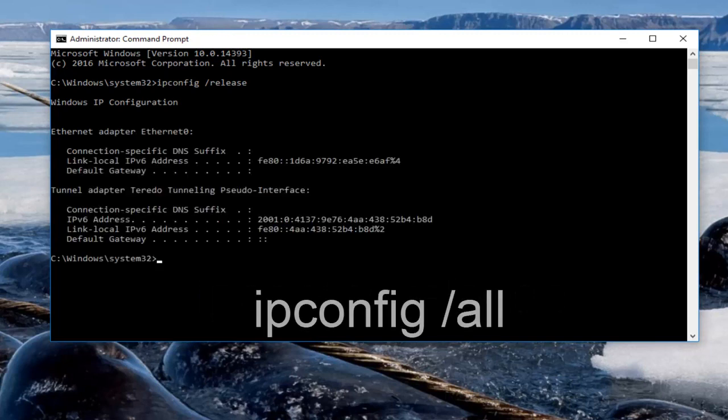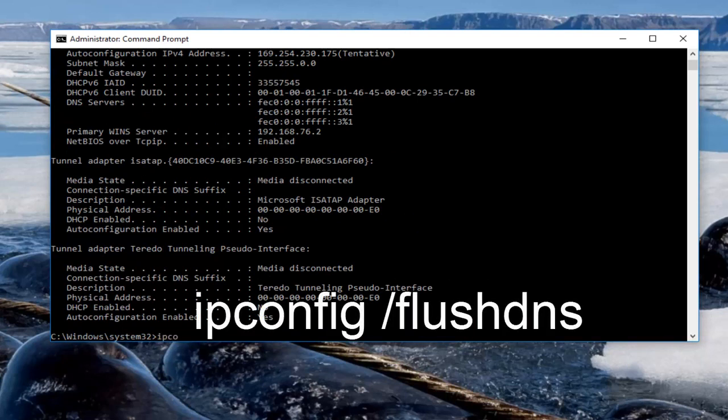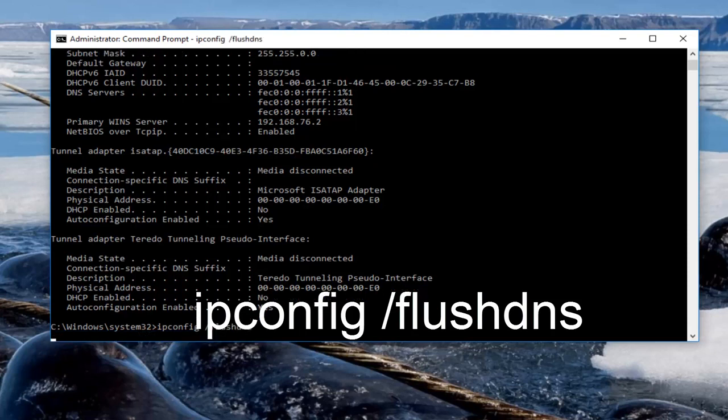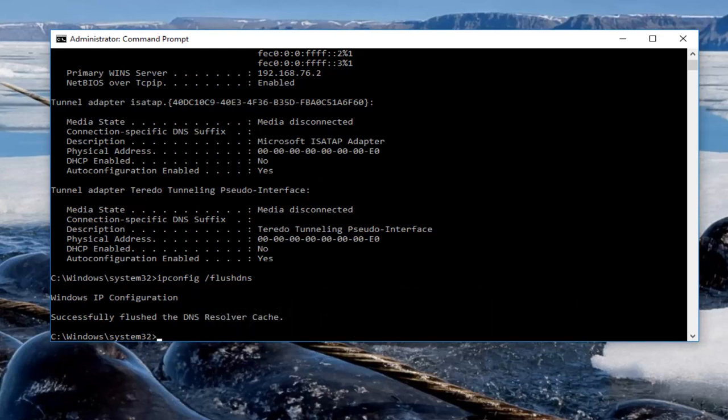Now what we want to do is type in ipconfig space /all, then hit enter again. Now you want to type in ipconfig space /flushdns, then hit enter on your keyboard. It should say successfully flushed the DNS resolver cache. At this point you want to type in